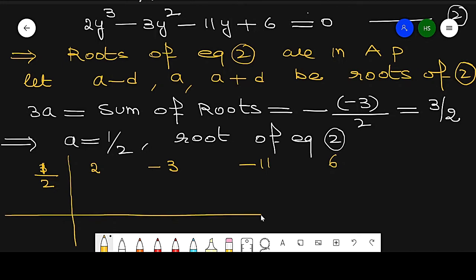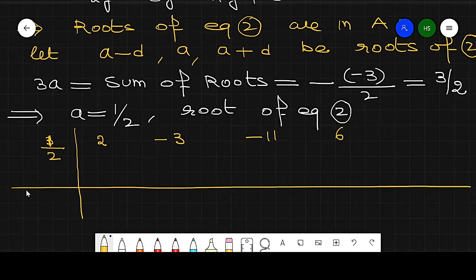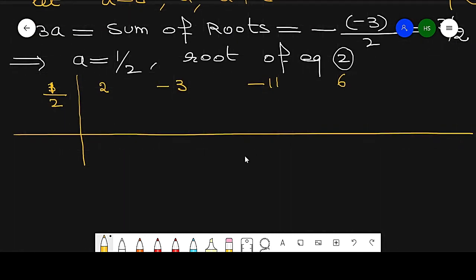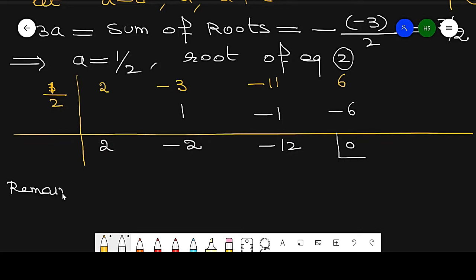Now from this we will find the other 2 roots with synthetic division. So this will be 1, then 2, -2, and this is -1, then -12, and -6. The remainder is 0. So the remaining quadratic equation is